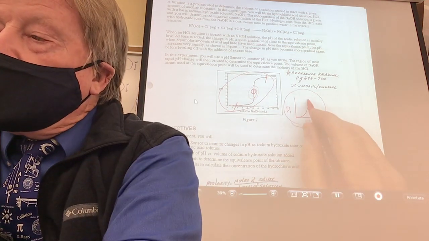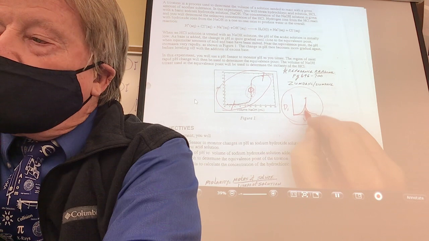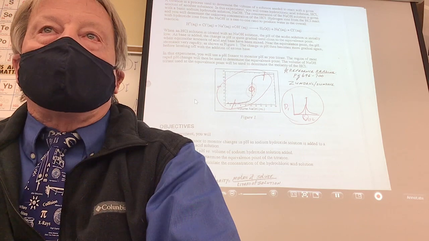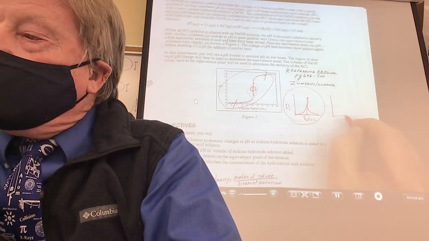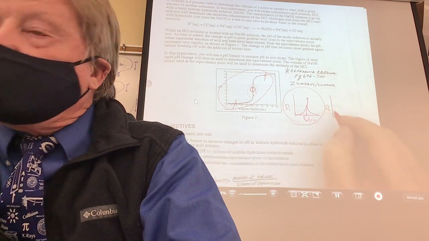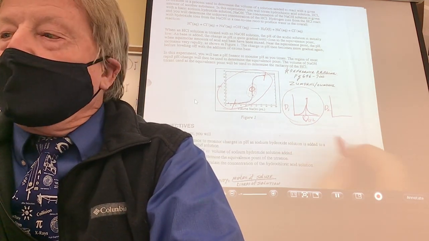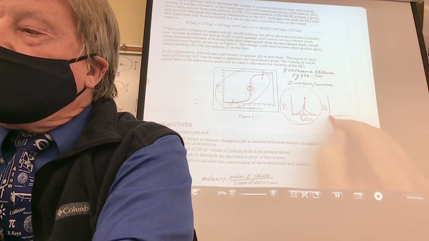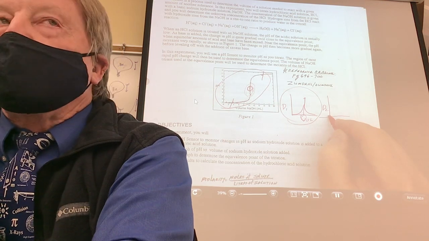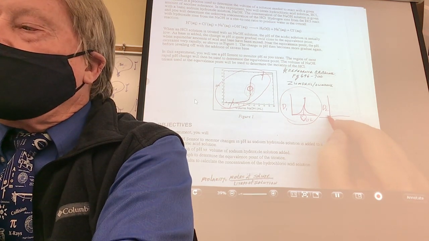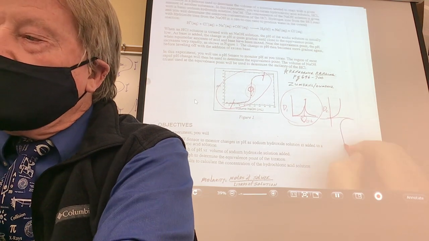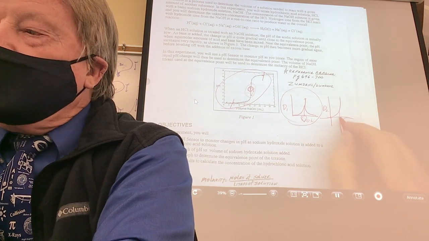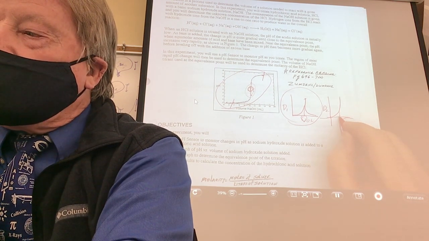Now they said, you can actually move the cursor right here and find out how many milliliters of NaOH it took to be exactly neutral, exactly, the equivalence point. And then they have another one, which I think is more fascinating. I don't know enough math to do this, but they call D2 the second derivative. What do you think that's going to look like? It kind of goes like this. Anyway, you're able to zoom in on this and try to find that exact point.